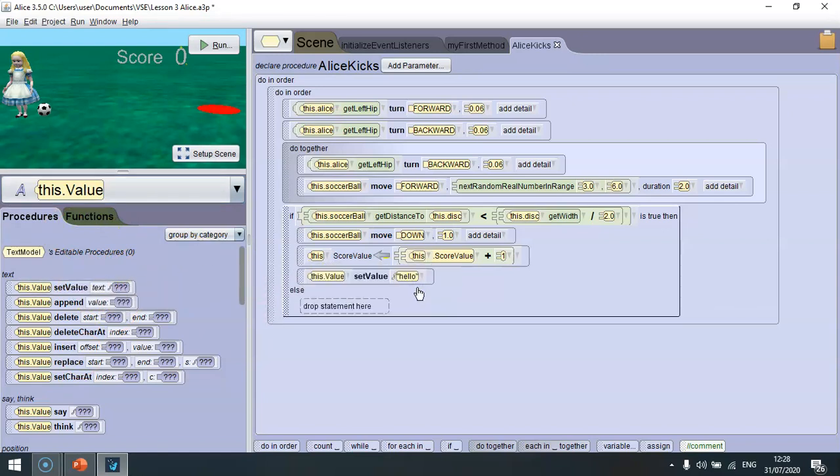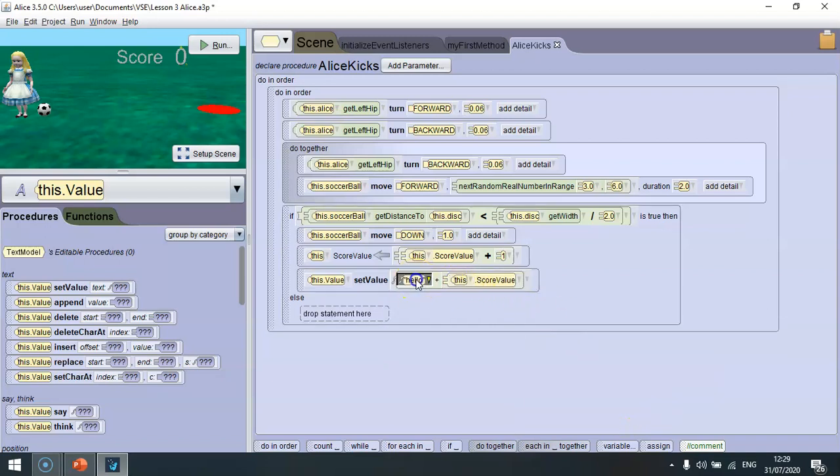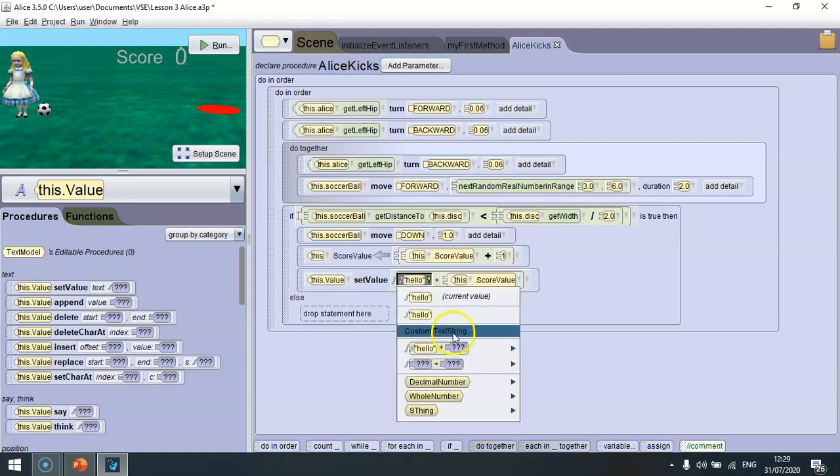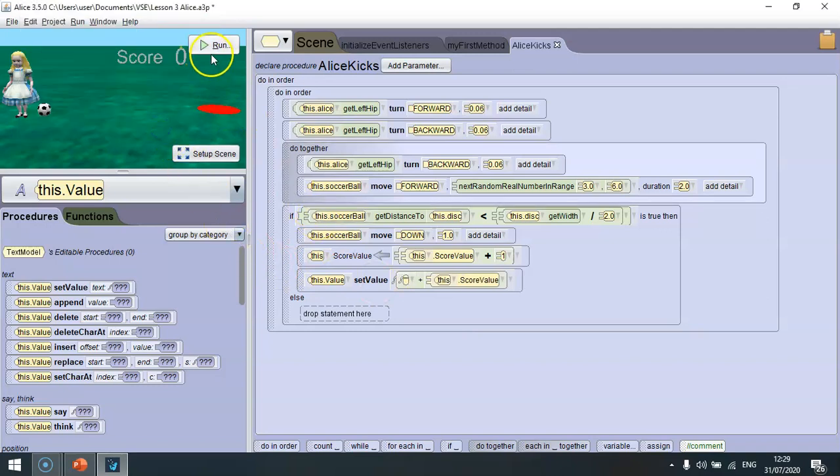I'm going to say hello for a moment. Click on it, and I'm going to say hello plus. So I'm concatenating, I'm joining whole number score value. I'm going to remove the hello, and just have it as blank. So if I run this now,